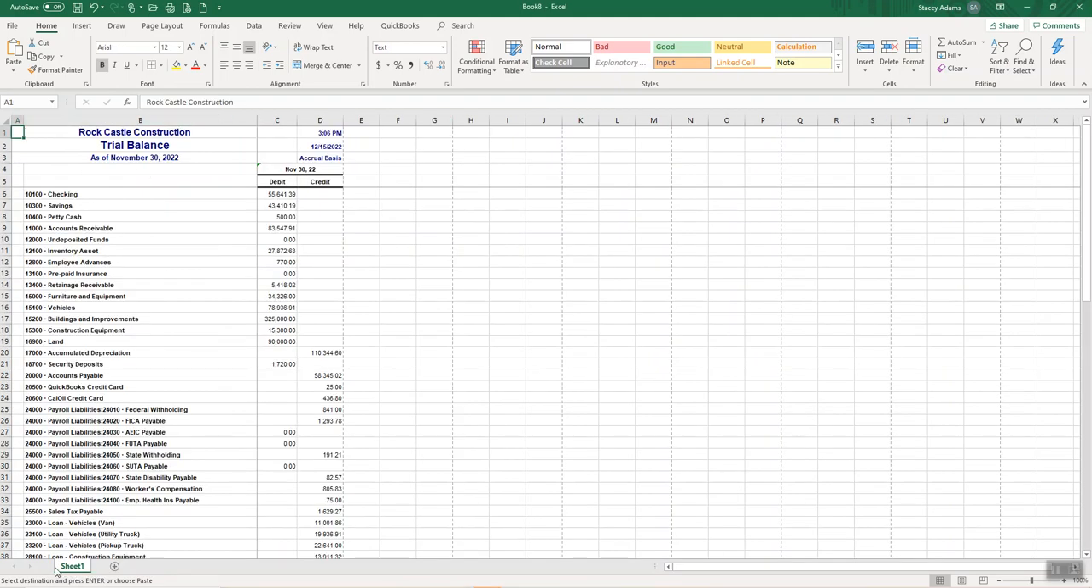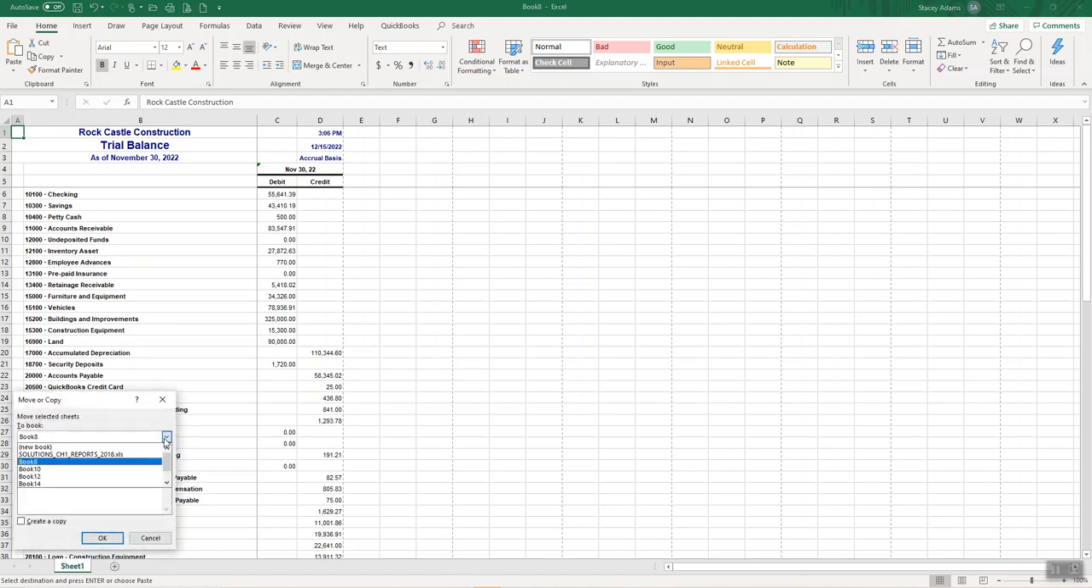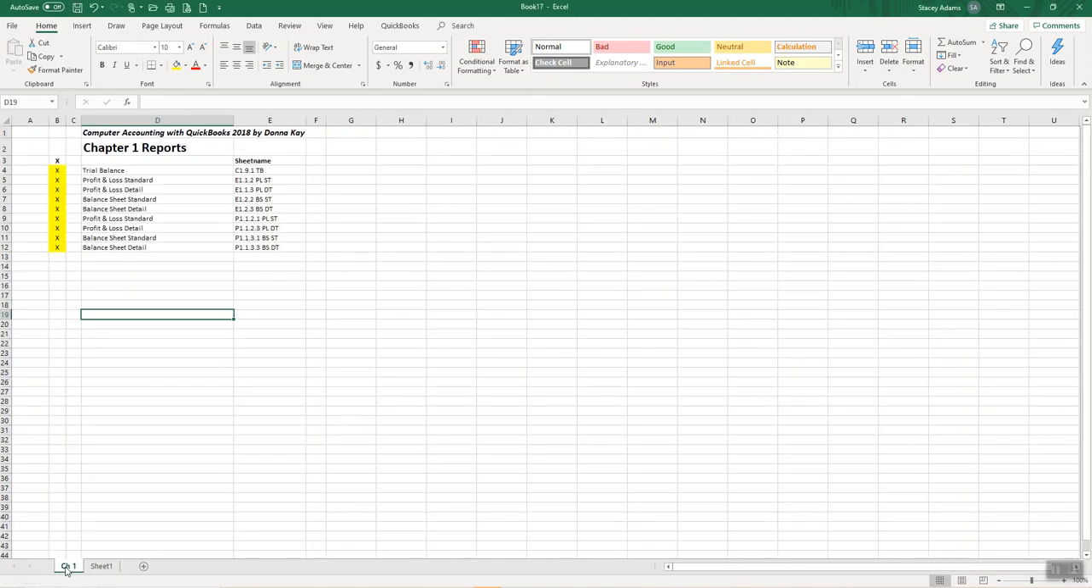So I'm going to right click down here where it says sheet 1, and I'm going to say move or copy, and I'm going to move it to a different book. And that book was the last one I created, book 17, and I'm going to move it to the end, so it's after the Start tab. So here I've got chapter 1 with my listing of the reports, and here I'm going to rename this one